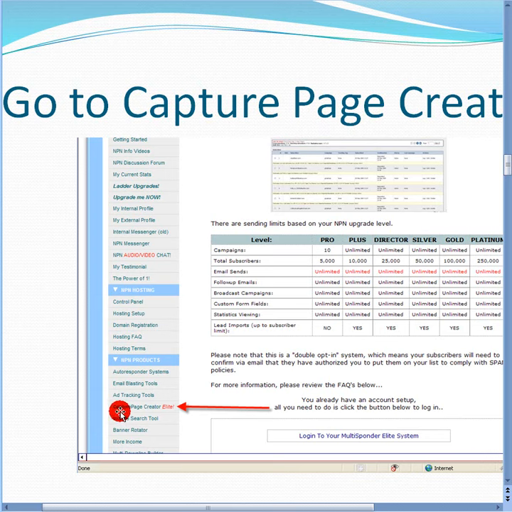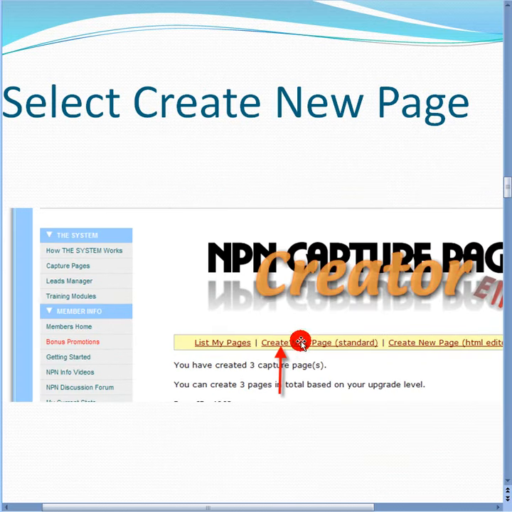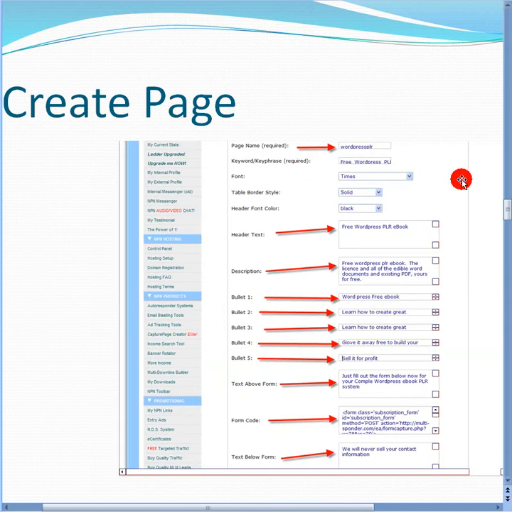So select Capture Page Creator in NPN. Create New Page, Standard. We're creating a standard page today. And then fill out the form. You have to give the capture page a name. This will be part of the URL, so it can't have any spaces in it. It can have a dash or an underscore. The keyword phrase that you want to be on that page, I use the defaults for the fonts and so forth. The header text that you want on your page, the other words that you want on that page,